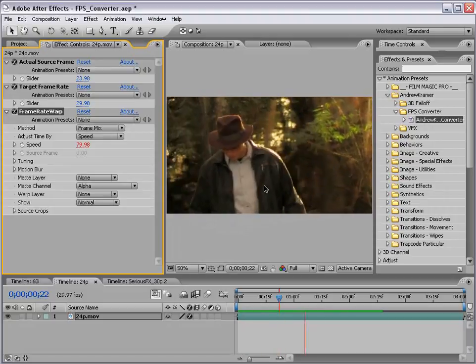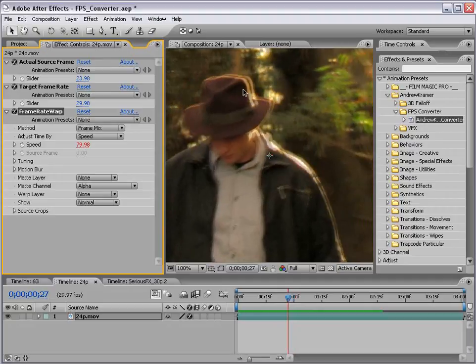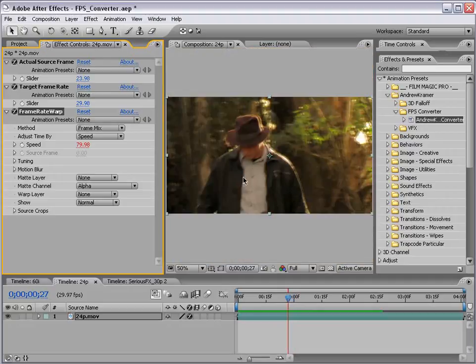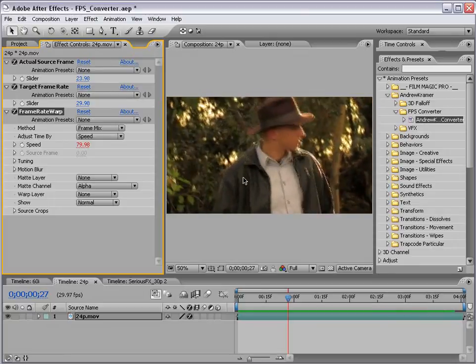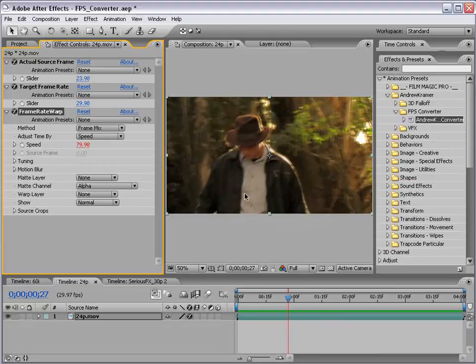However, yes, you are going to create this weird, almost like warping when you have fast motion. So not necessarily the best case for every scenario, but it's lightning fast when it renders because there's no real computing going on. So that's a good option. Say if you're converting a lot of footage to a different frame rate to use in a DVD